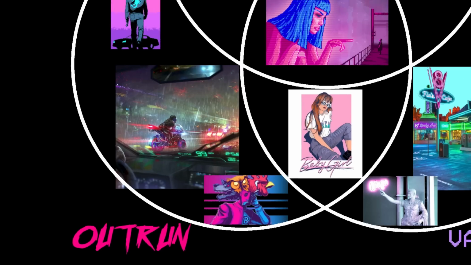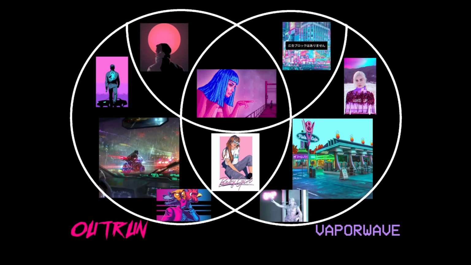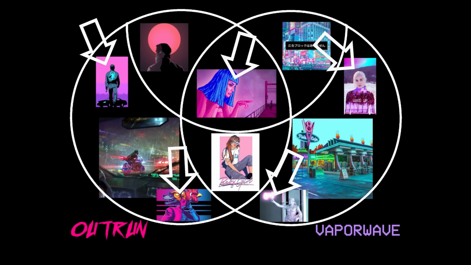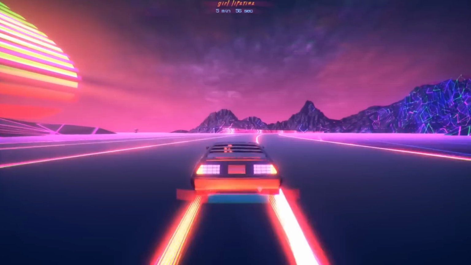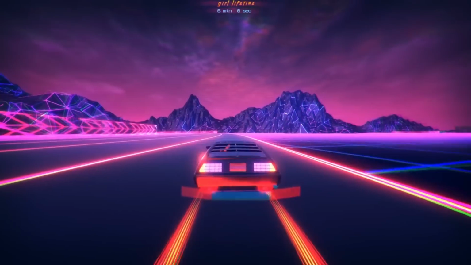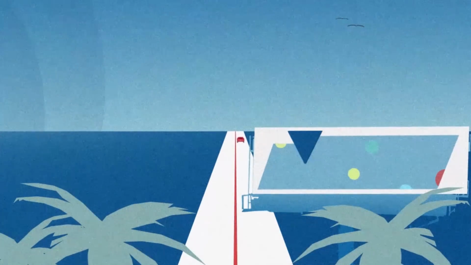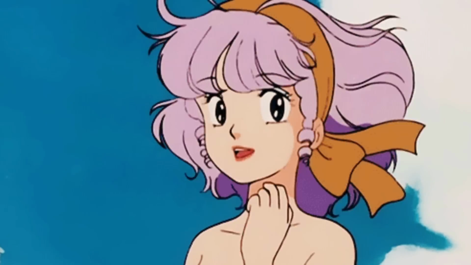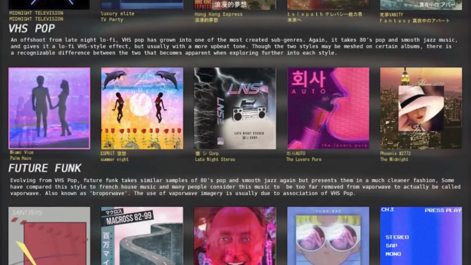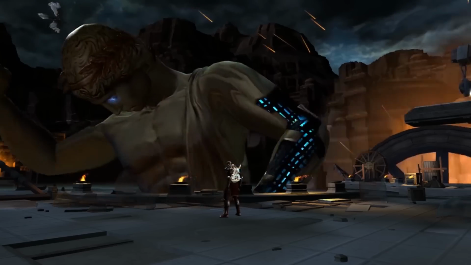Speaking of dark colors, that is also one of the areas where these two genres are similar but not the same. Neon is a good place to start, as both genres are very neon heavy. Outrun does, however, tend to favor a darker color palette, while Vaporwave mostly gravitates towards lighter colors and often flirts with pastel color palettes, especially when it comes to subgenres like future funk, but we are not going down that rabbit hole today. There's tons of overlap when it comes to color, but you can roughly say that these washed out light colors are associated with Vaporwave, and these darker clear colors put you on the Outrun side of the spectrum.